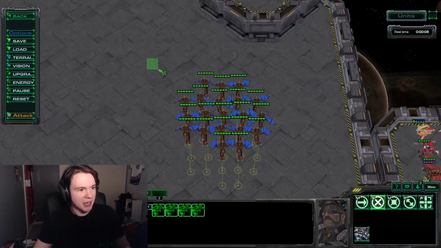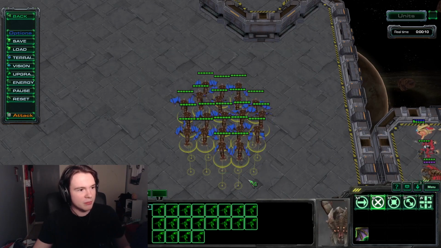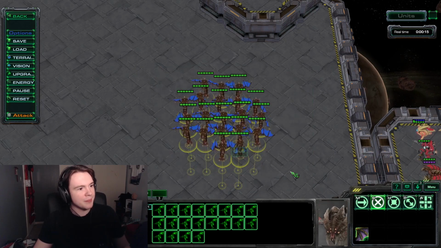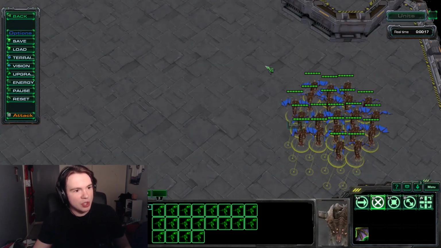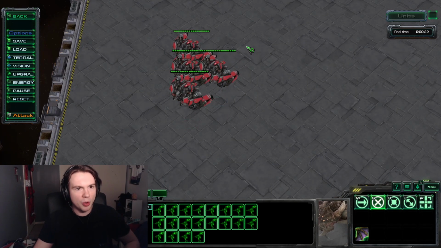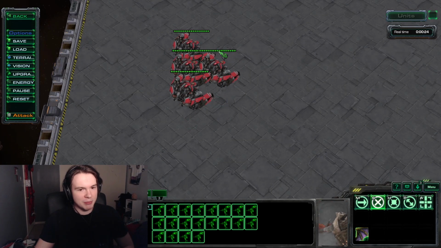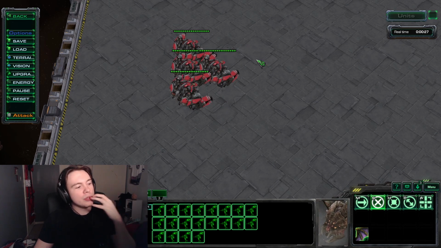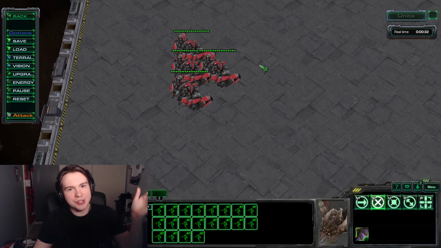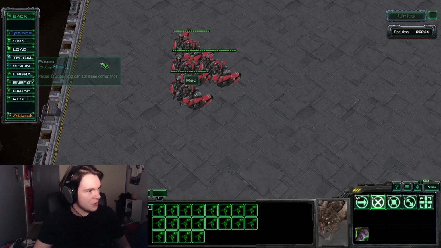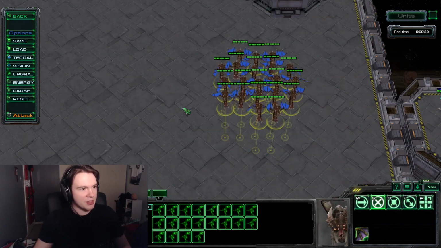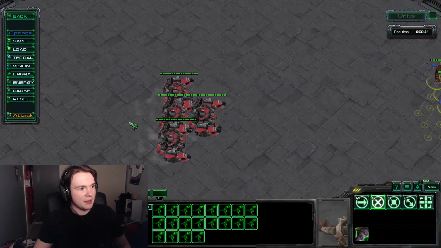So what you do to magic box is you let your mutas get spread out without controlling them at all. You just stop command them, and then they'll spread out pretty naturally. Once you have this, you box them like that, and then you move command them, and then do hold position micro or attack move micro. You would only do attack move micro if there are no other units around that would take aggro, by the way. So let's get these Thors on their attack move. Select the mutas, and then move command,